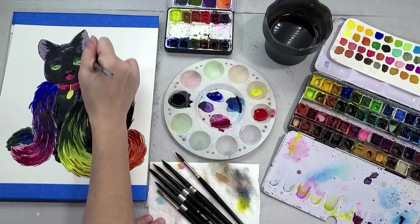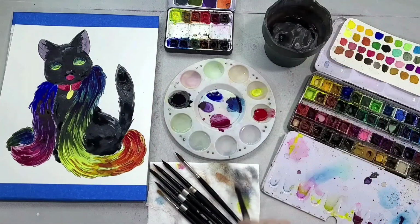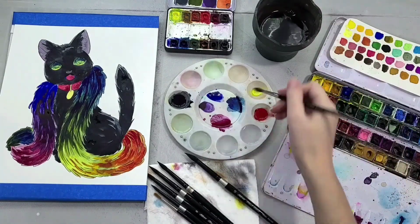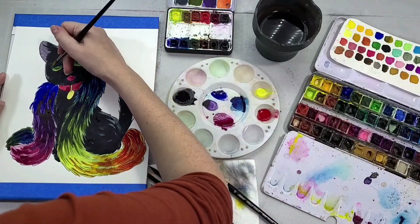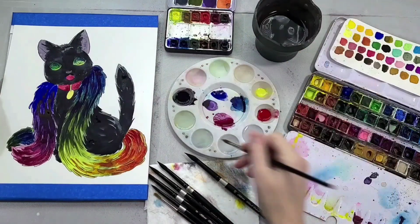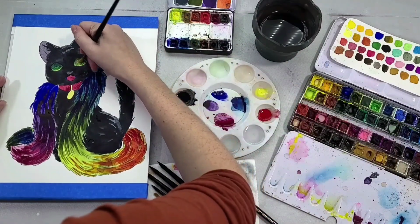Now, I will say the wrist hovering technique takes a lot of control. It's very tiring, and I mess up pretty often because I have hand tremors. It would be better to wait until everything is dry and then be able to rest your hand lightly on the paper. So speaking of dry, I have applied that second layer to Pancake's fur,